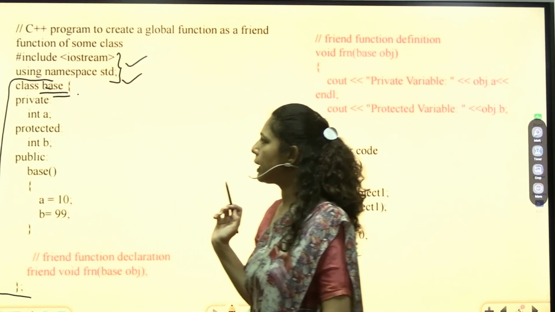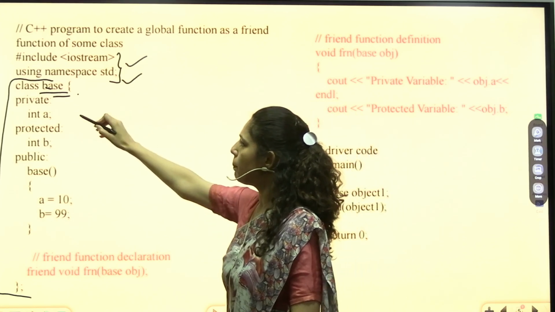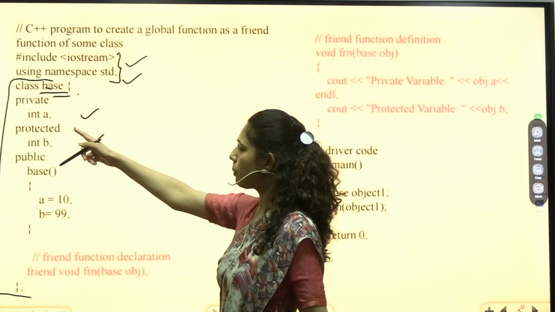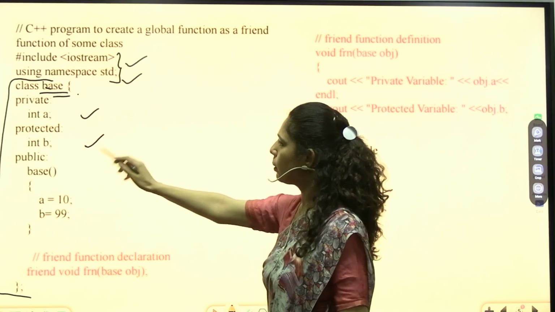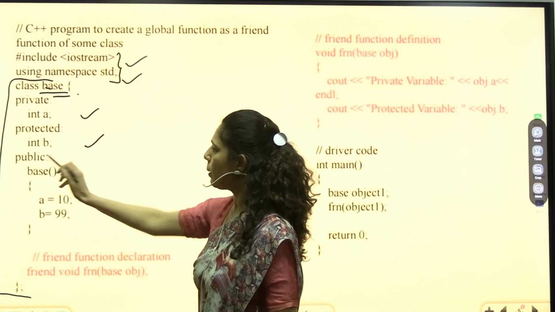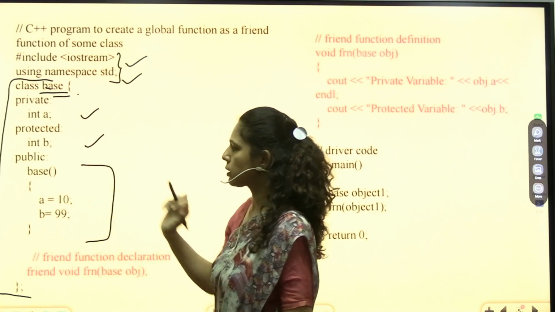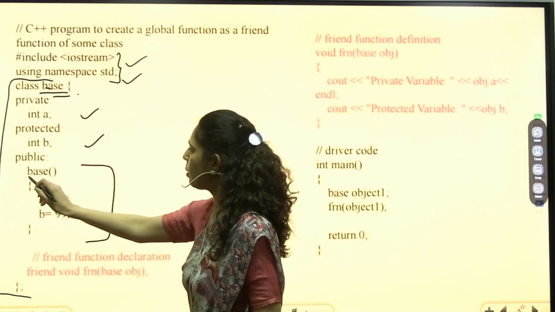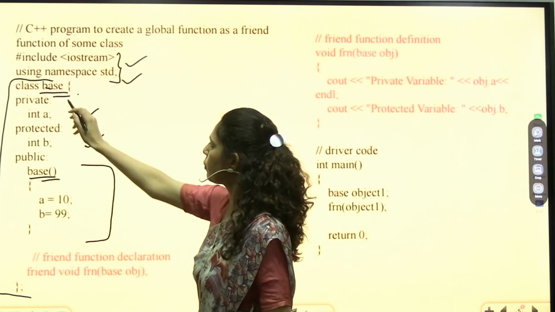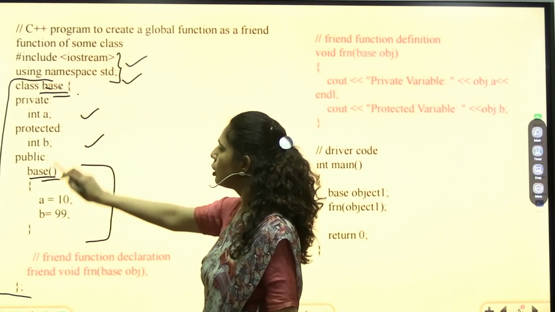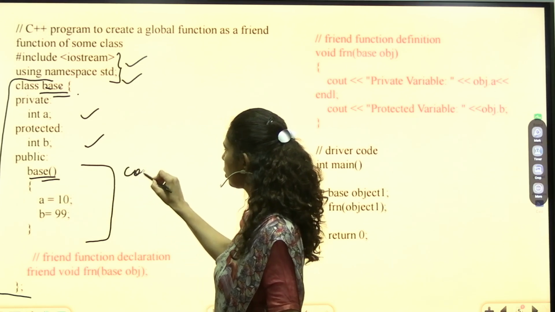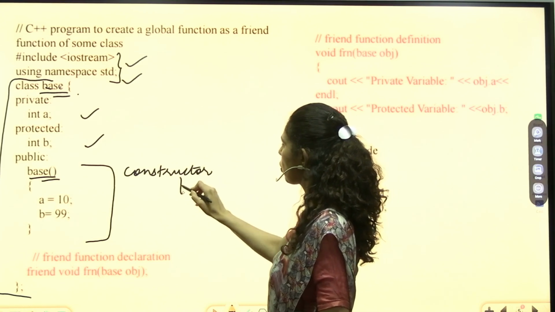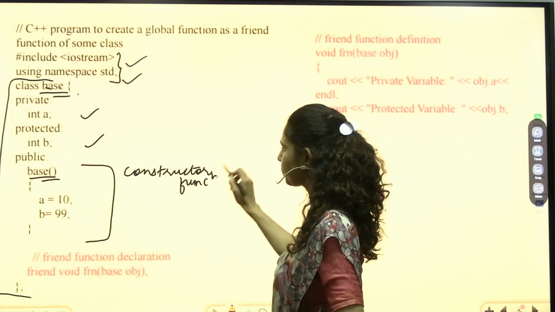So in this Base class, I have created some private and protected data members. You can see here we have one private data member A and one protected data member B. We also have one public function here, which is Base. Now this is the concept of a constructor function. Why? Because the name of this particular member function is the same as your class name, right? So basically this is your constructor function. This topic we are also going to cover in later slides.